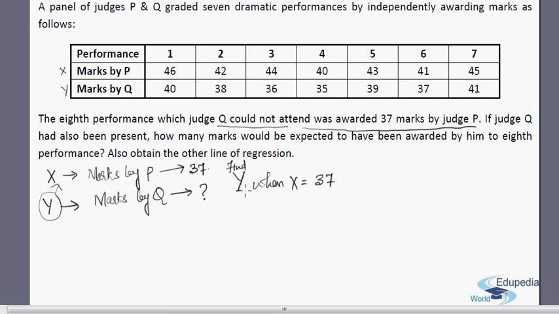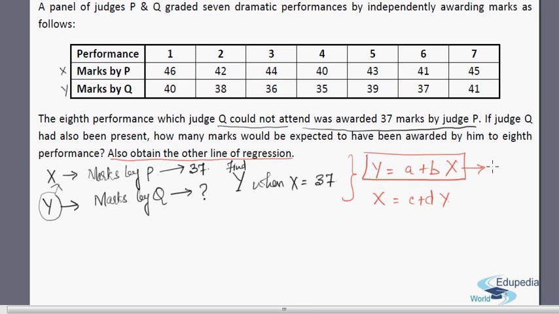Here Y is your dependent variable which depends on the value of X. Therefore we need to find the equation Y equals A plus B X, and once we have got it, we'll substitute the value of X and then obtain the value of Y. Further, at the end they have also asked you to find the other line of regression. Just for your practice, you will also have to find X equals C plus D Y, but for estimation we'll be using the first equation. Alright, so let's proceed on. Let's find the values of A, B, then C and D,